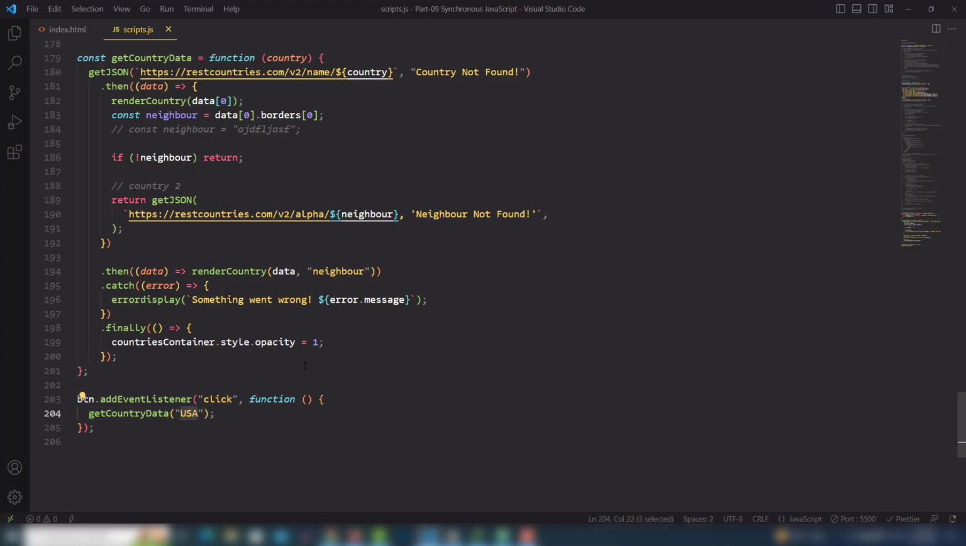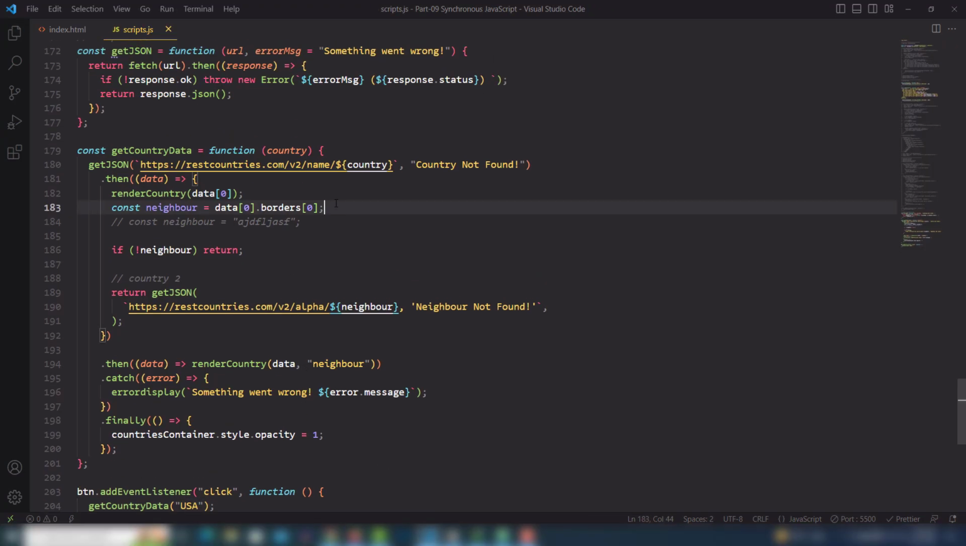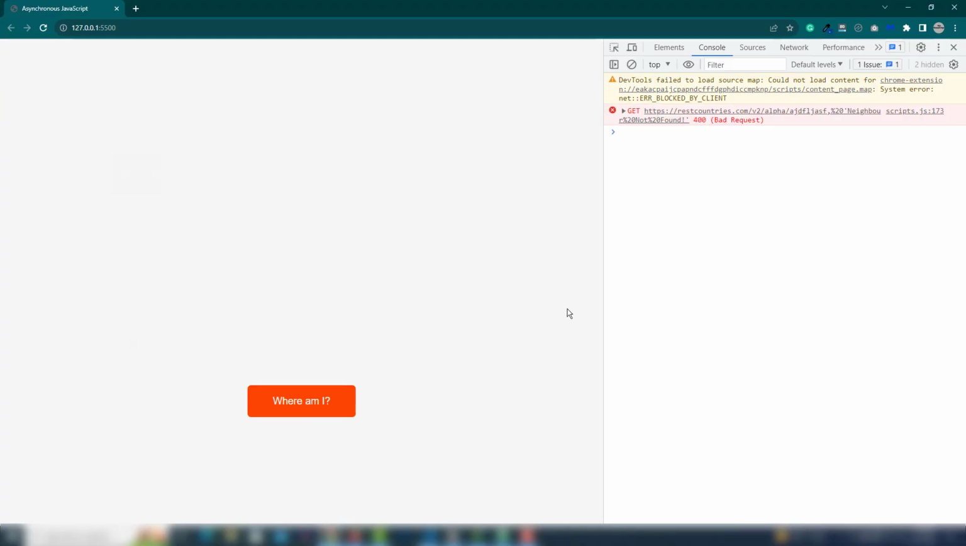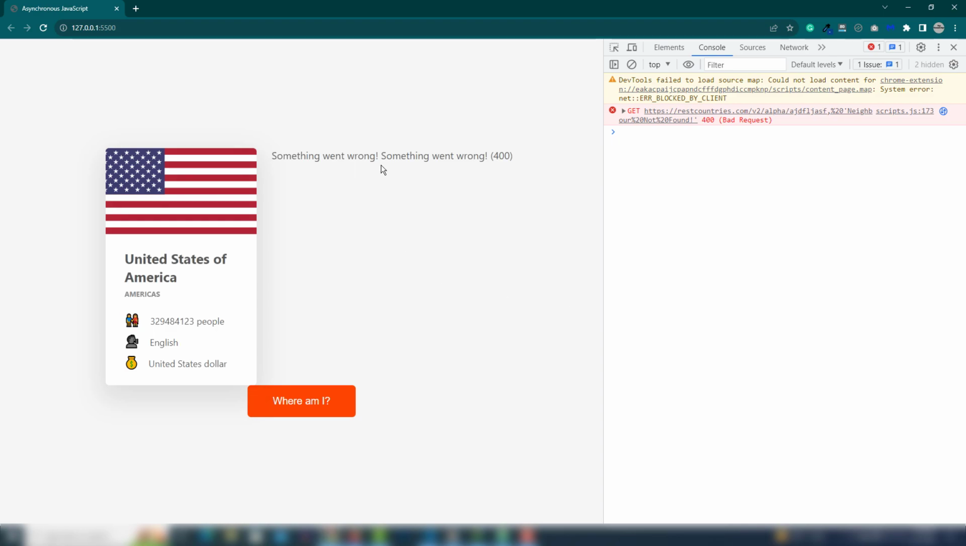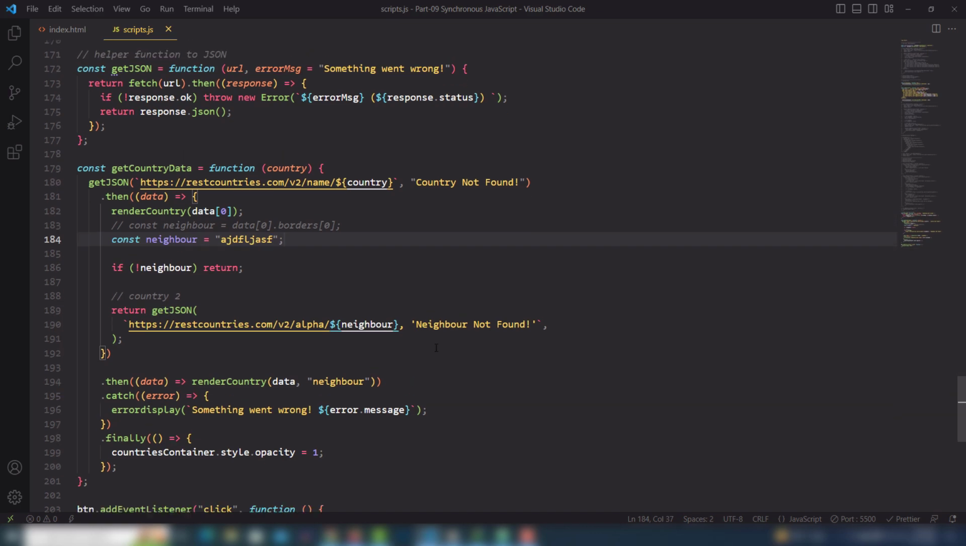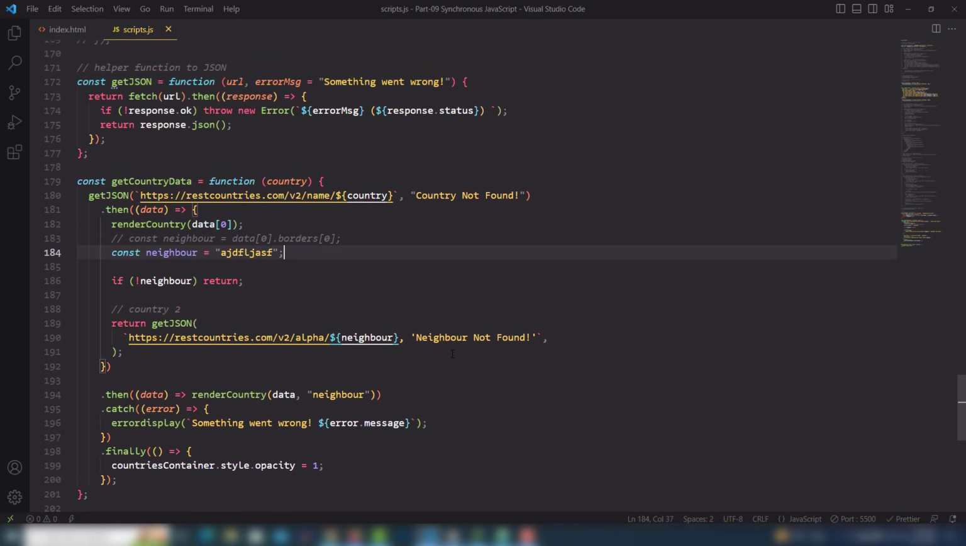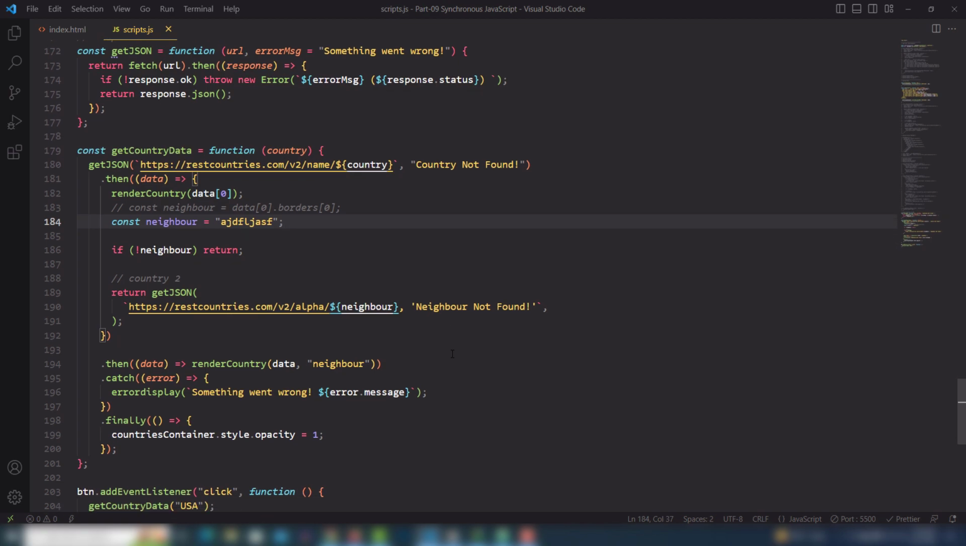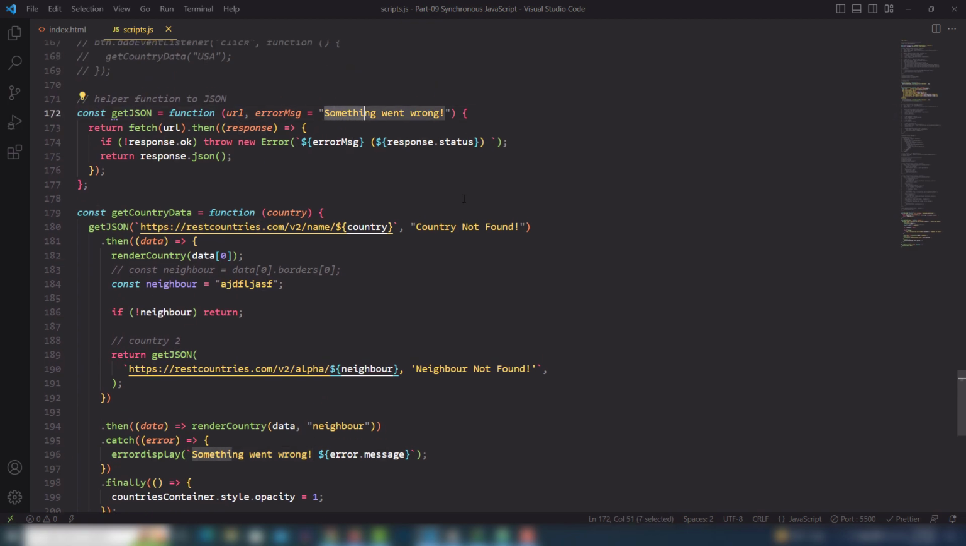But I will use the neighbor not found, so let's look at that. Something went wrong. I've seen a repetition two times, so something went wrong, and the default message like this one. But why can't I see this one right now? Message. Okay, I will use the same message because